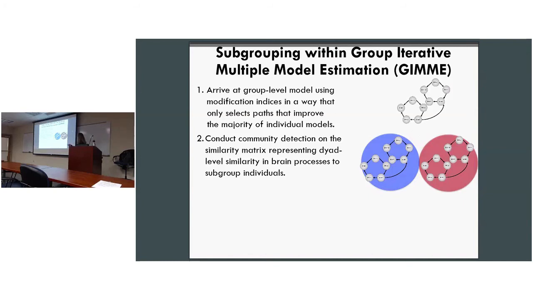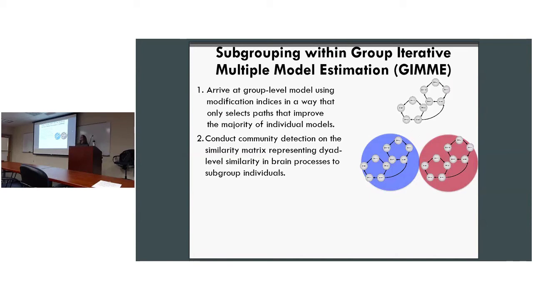One would be a similarity matrix that is the correlation matrix of, so much like we did before, we took the correlation matrix of regions that were simulated, vectorized them, and then took a correlation of those, Fisher transformed, and then took correlations of those. So then we get a new correlation matrix that is the similarity of people by people.